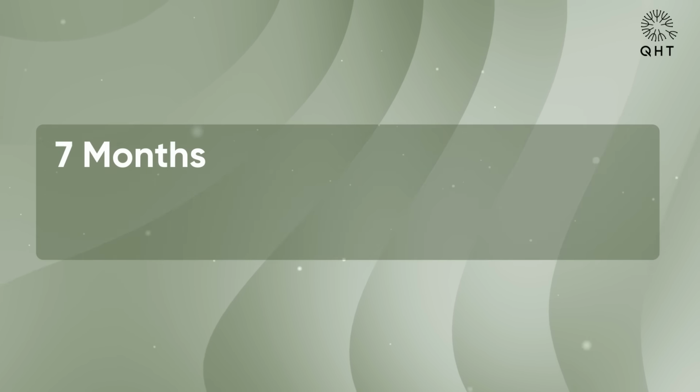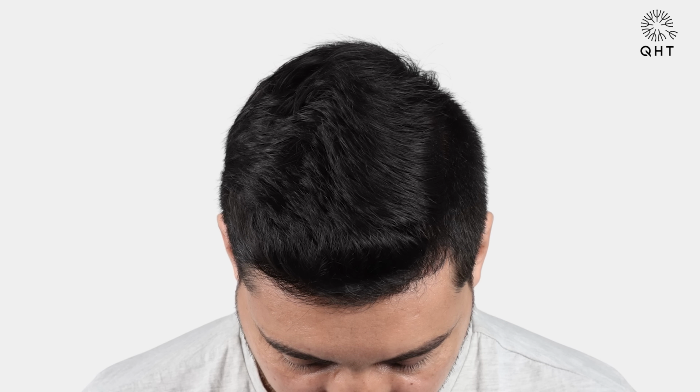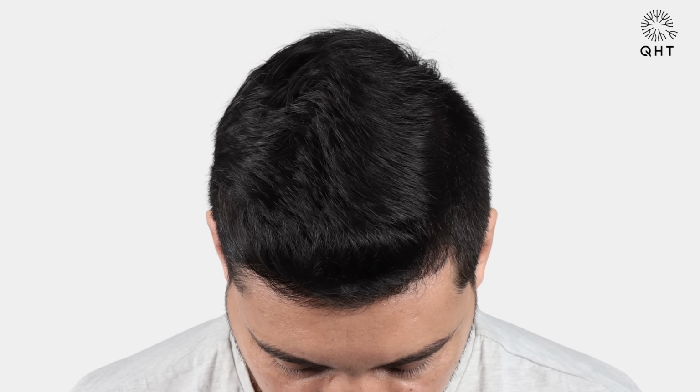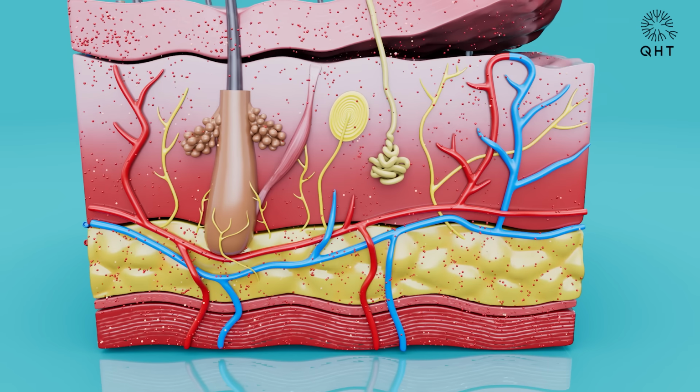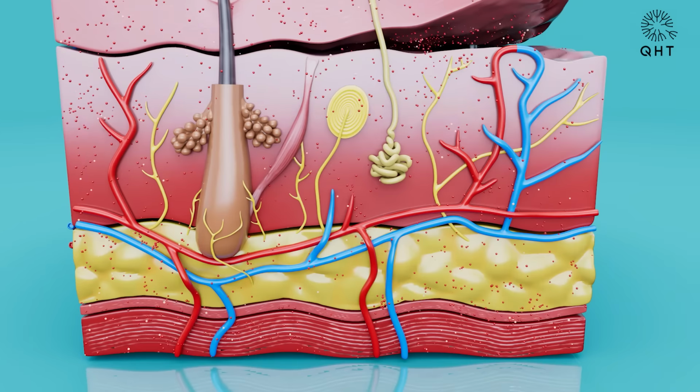7 months post-transplant, patient 1 shared a few progress pictures that clearly highlighted his results. By this stage, his hairline appeared well-defined and natural. In the frontal area, the transplanted hair had matured well and blended seamlessly with his native hair. Along with these images, he also shared his positive feedback, expressing satisfaction with the natural density and his overall experience